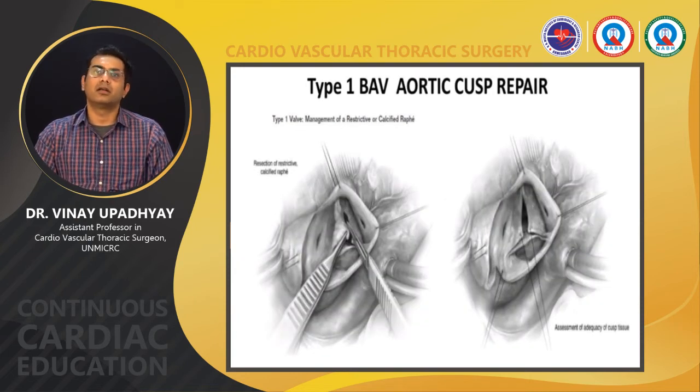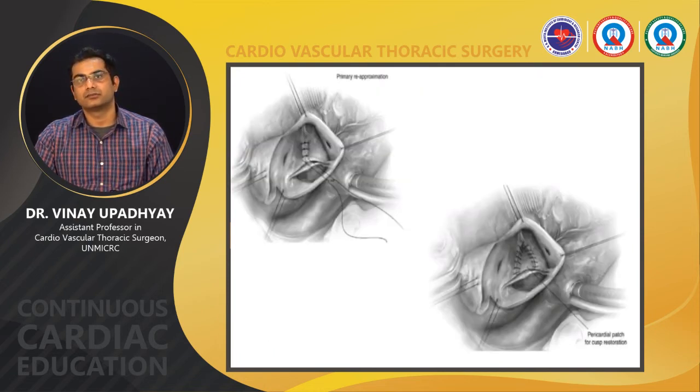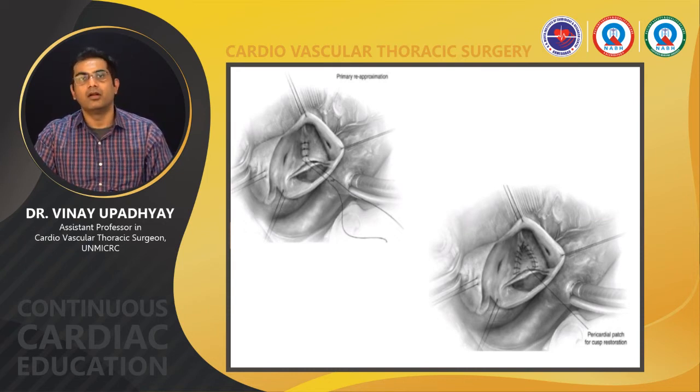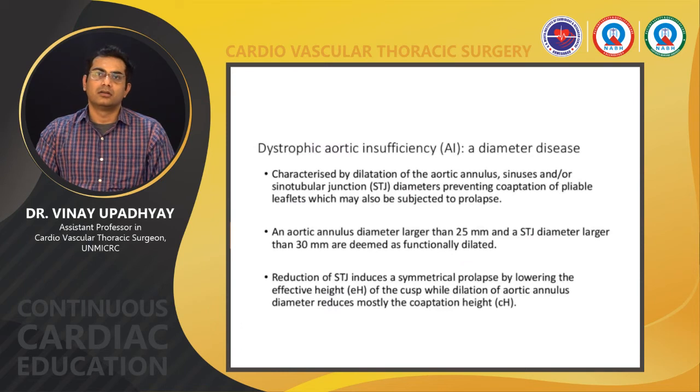This is another type 1 bicuspid aortic valve. Here the raphe is calcified and restrictive. So we resect the raphe and again resuture the leaflets. Or we can use a pericardial patch if we cannot perform a primary tension-free repair of the leaflet. Then dystrophic aortic insufficiency,